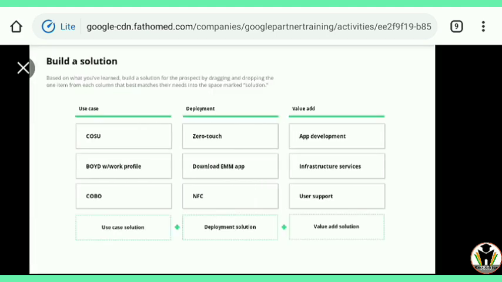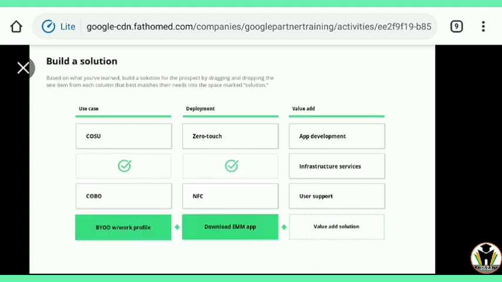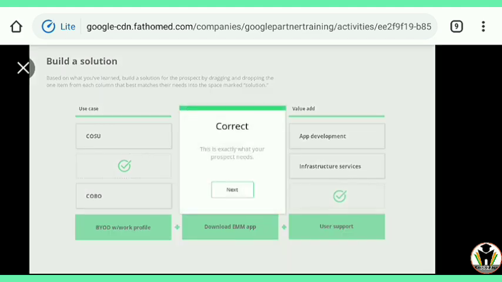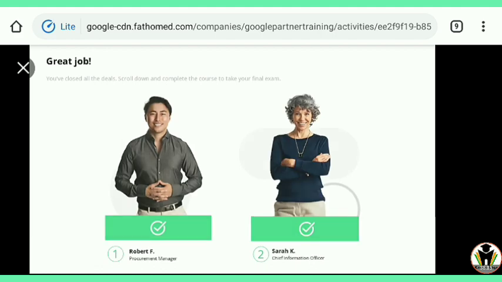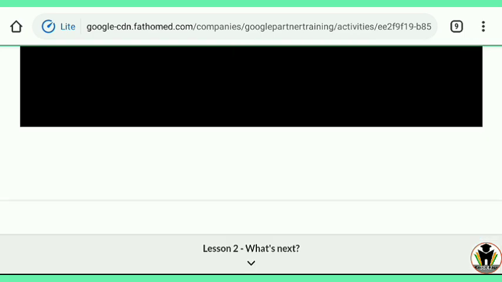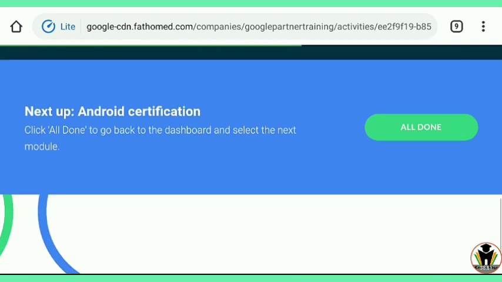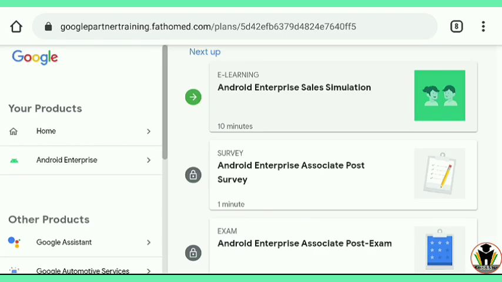This all are correct. Now we need to do the same thing which we did before. Just take the right one from above and put it in the boxes. Here we did it correctly. You can see the answer. This is the answer, and we did both correctly. And after that we are able to get the next one here. What's next? Just tap on all done, and we completed it.